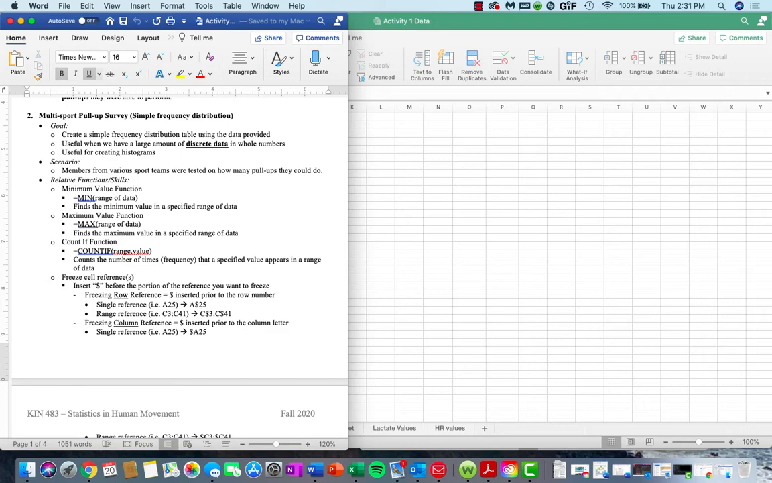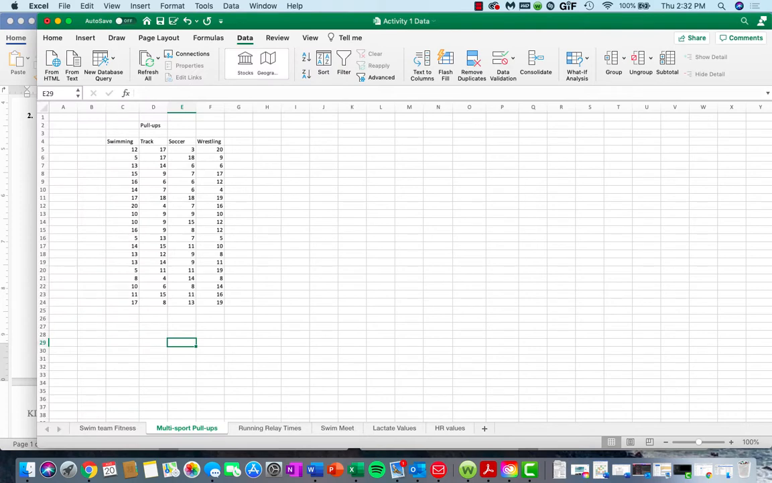Making a simple frequency distribution is really helpful when we create histograms or bar graphs to indicate the frequency at specific data scores. So the scenario for this spreadsheet is that we have members from various sport teams who were tested on how many pull-ups they could do. As you can see on this spreadsheet, we have the different sport teams and then their respective recorded numbers of pull-ups. Each row represents, or each score represents, a different person,